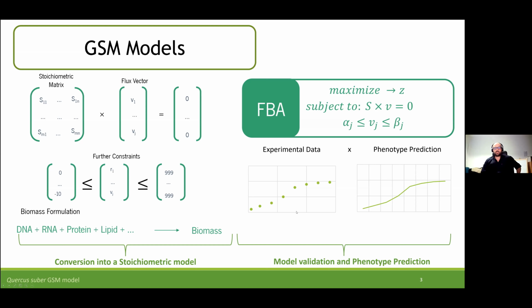in silico simulations in which we determine an objective. Usually for microorganisms, the objective is to maximize the biomass growth rate, subject to the constraints of the stoichiometric matrix, as well as the flux constraints. And then we compare the experimental data to the phenotype predictions, and we can